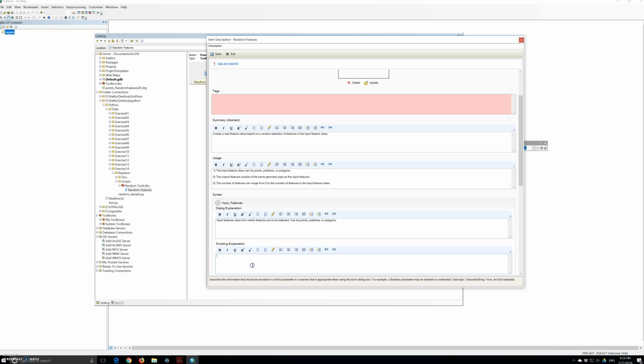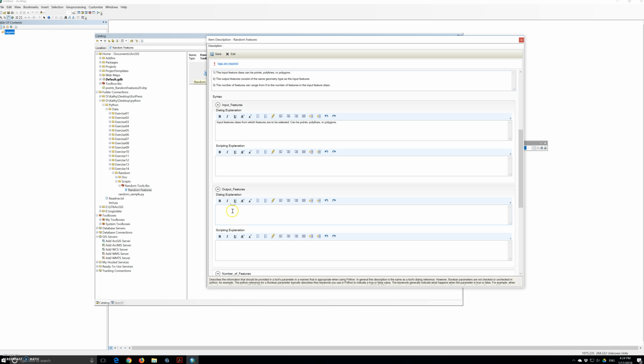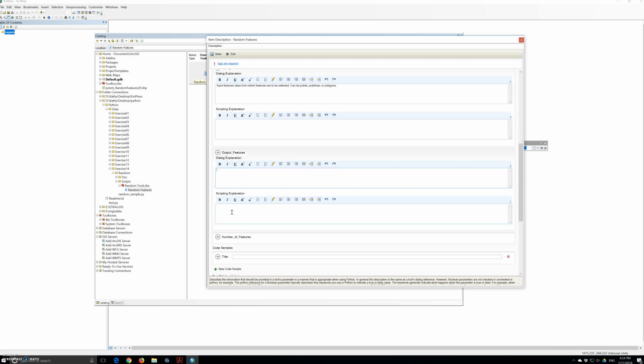Okay, and then for the output features, the dialog explanation, we type: output feature class containing the randomly selected features. And then for syntax,